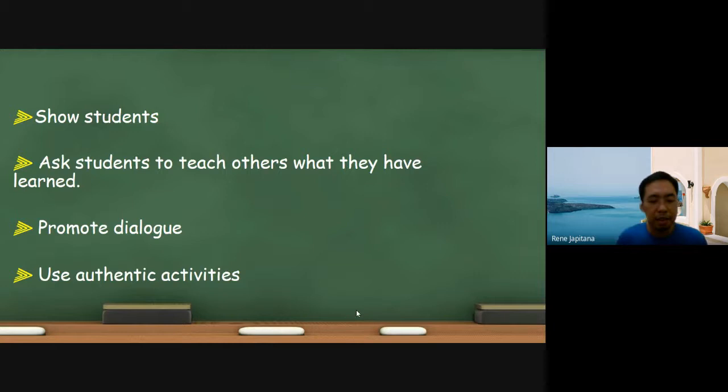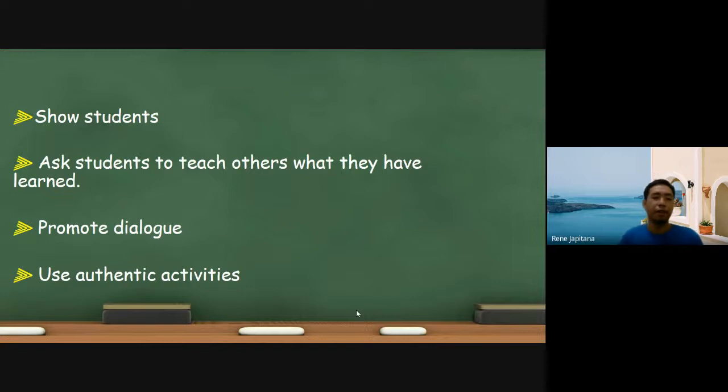When somebody is learning, let that somebody teach or share the concept to others. That is the only way that we can say that our learners are learning, because they have taught others the way that they have learned. Even in the teaching profession, you cannot teach what you have not learned. All the things that you teach are the things that you have learned.